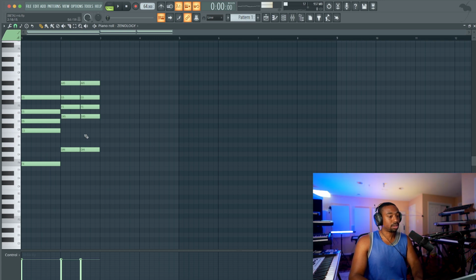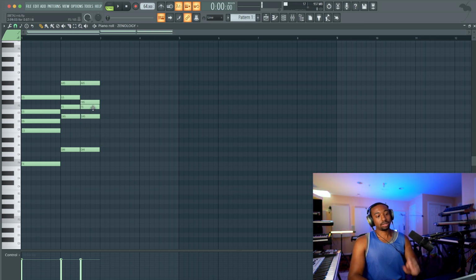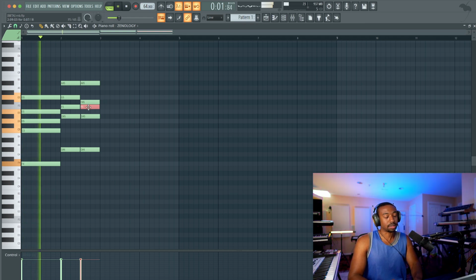So again, what is minor? It's lowering the third and the seventh down. So we're just going to lower the seventh down. Remember, to make this a major, it's 0, 1, 2, 3, 4, 5, 6, 7. That's a major triad. 8, 9, 10, 11. That's a major 7, 12, 13, 14. So to convert this to a minor chord, we have to take the third and the seventh and pull them down one. Now, when you go to minor, however, the major sixth and the minor seventh are too close. So we have to pick one or the other, basically.